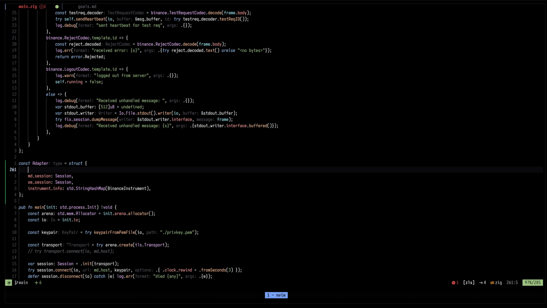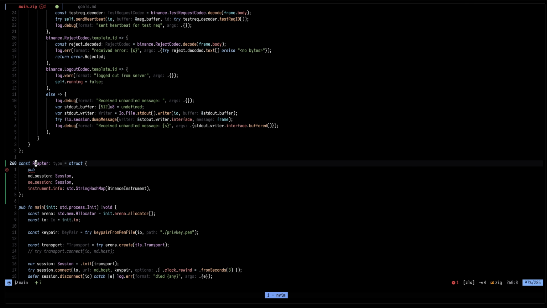Right. So let's start by defining those. This guy here is going to need to be pub. This guy here is going to need to be pub Binance instrument, which is a struct, and we're going to see what goes into this later on. So instruments in real trading systems, this instrument referential, is a very large topic